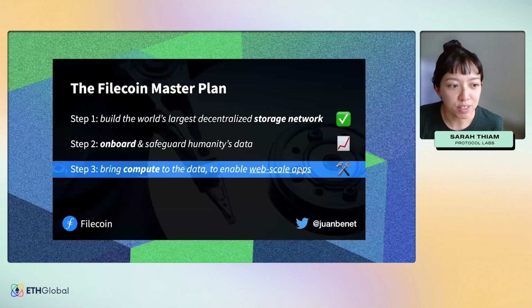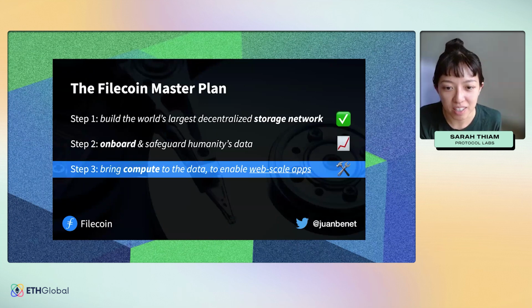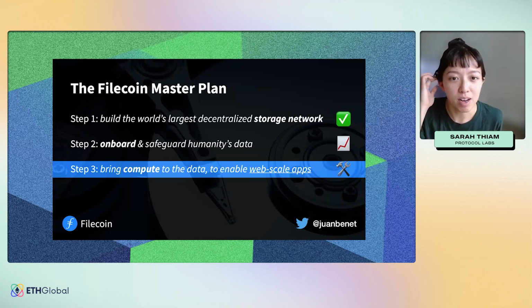I don't know if everyone's on mobile or on their desktop, but it'll be really useful to give me a show of hands on how many of you have tried building with FVM or IPC before. If you can just give a reaction, it will give me a good sense as to how much you already know. Okay, I see a few. That's great. So you have actually built with FVM and IPC, right? Awesome. And how many of you here are 101 on IPC and FVM?